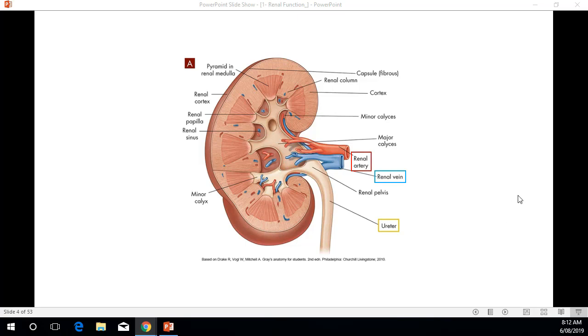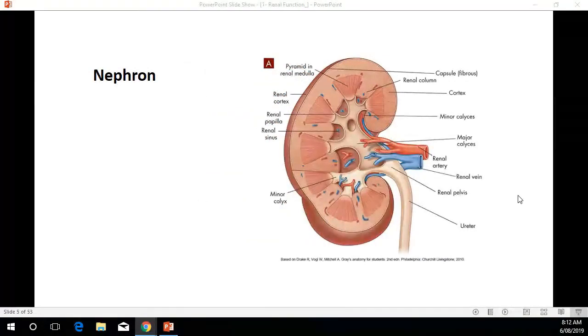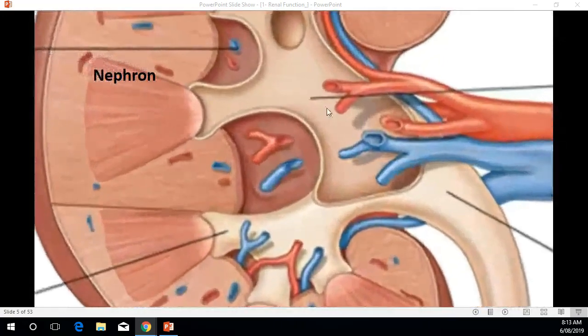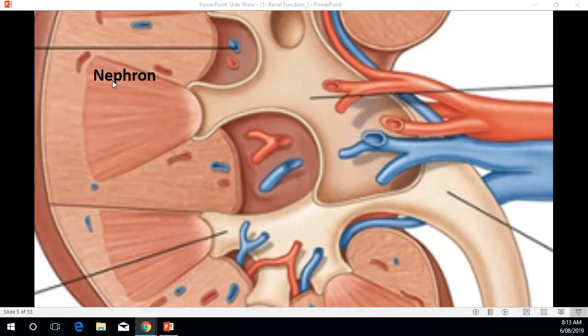All clear? Simple? Okay. Now, nephron is the term used for the functional and anatomical unit of the kidney. And there are around 1.2 million nephrons per kidney. And they are present here within these pyramids. These are the filtration units where ultimately the blood will reach in the capillaries and the filtration of waste material will take place. Okay, so if you zoom in, all right, this is where the nephrons will be located.